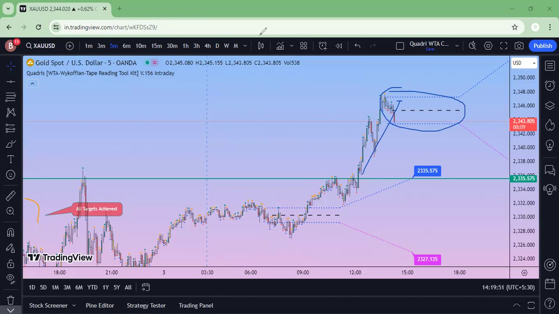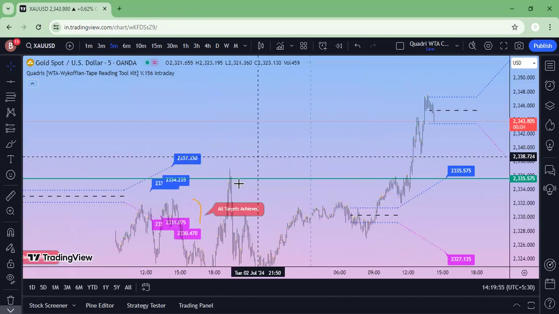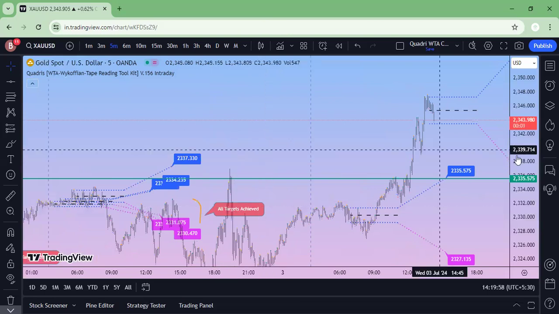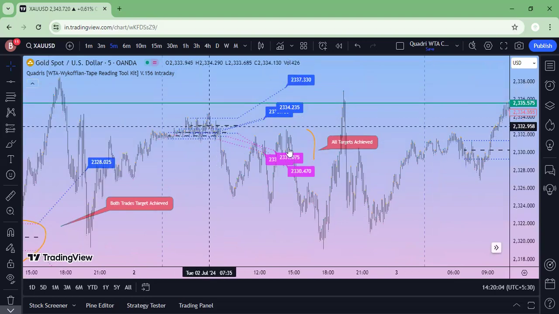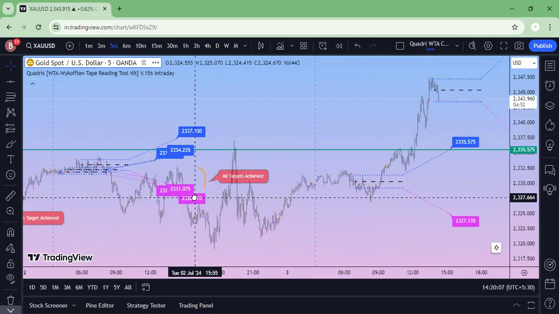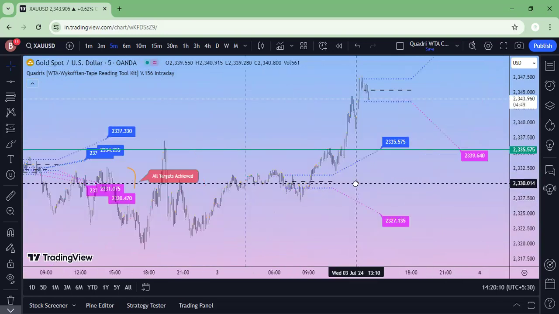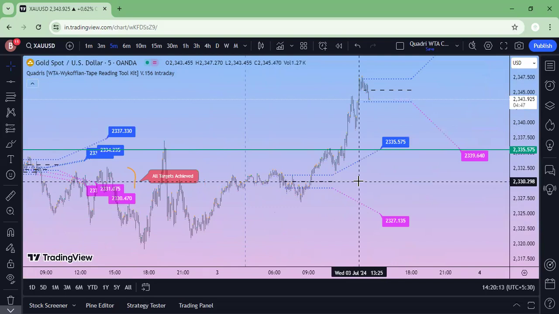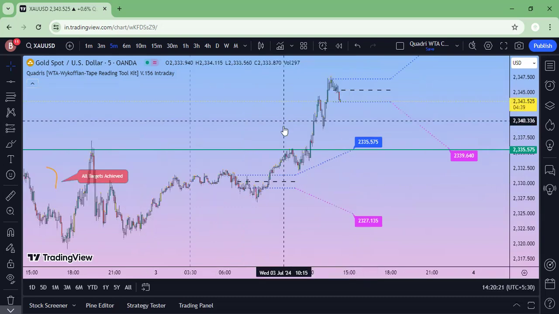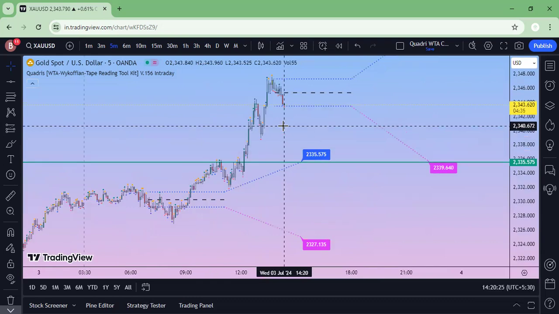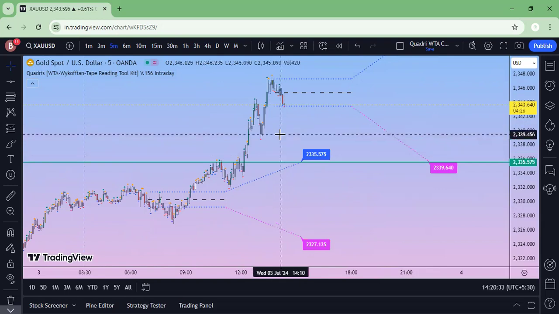And if you see the previous targets, like I've shared this in one of the groups, there are multiple ranges plotted, and all the targets are achieved. So you can either merge it with your ICT or smart money or anything which you are using, or supply or demand, because these are purely based on Wyckoff. Wyckoff is a universal method. It can be collaborated with your strategy, whatever you are using. And if you want to trade purely based on Wyckoff, that can also be done.